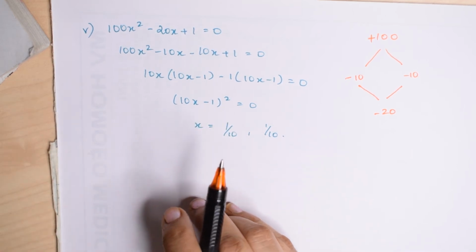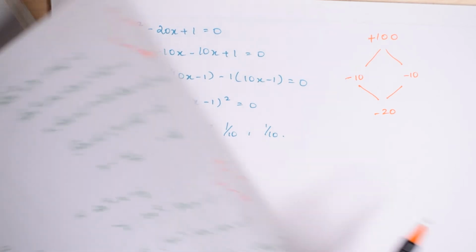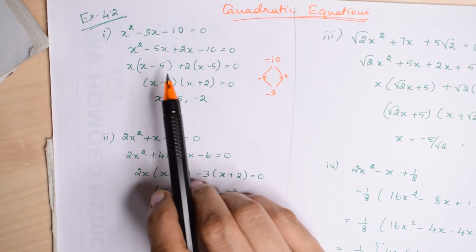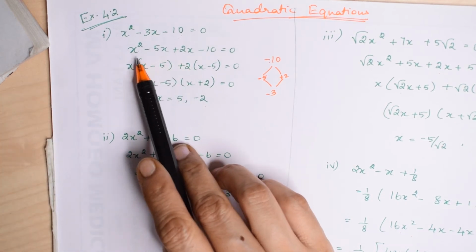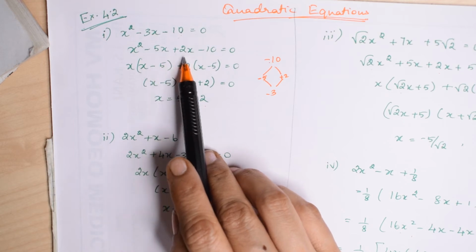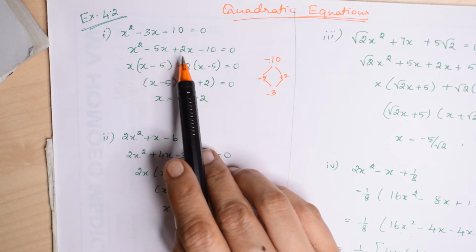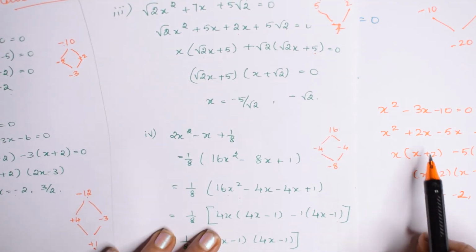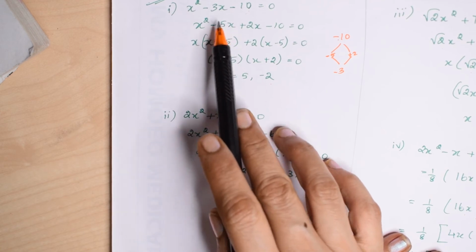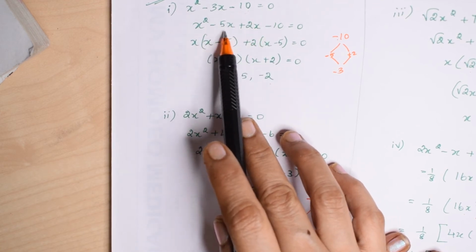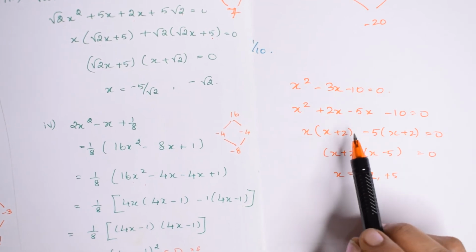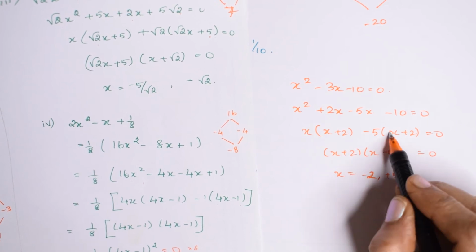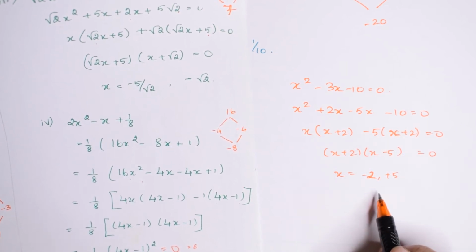Again, some students always have a doubt. Even while I was a kid I had this doubt. So no need to panic here. What will happen when I'm splitting, can I write it as x square plus 2x minus 5x? Many students have got this doubt. Sure, I'll do the same sum with interchanging the places. The same sum, when I change the places, minus 5x plus 2x. Here I change the places, plus 2x minus 5x. When I change the places also, I solved it and I have got the same answer.